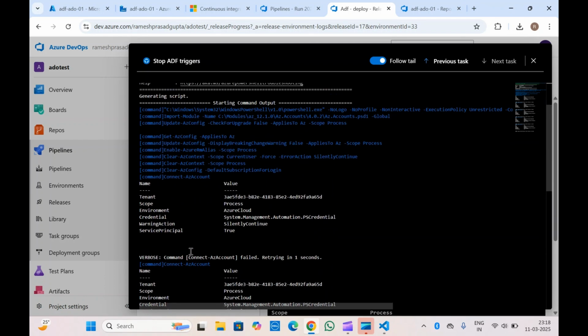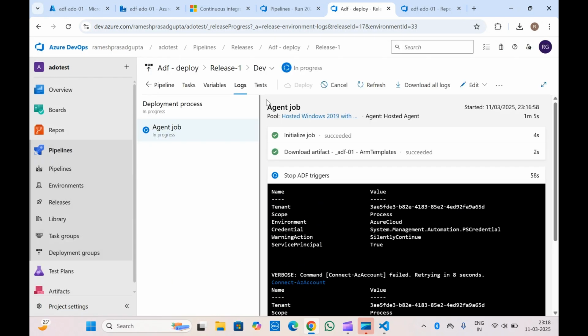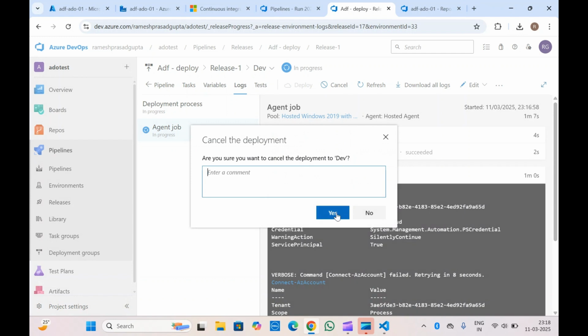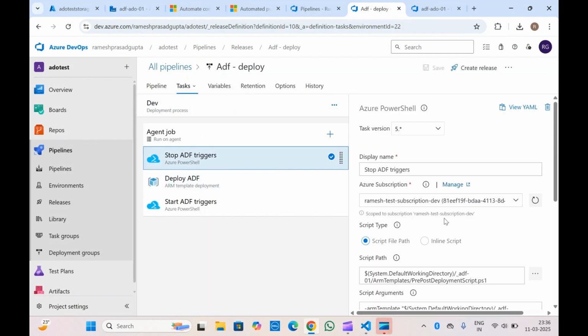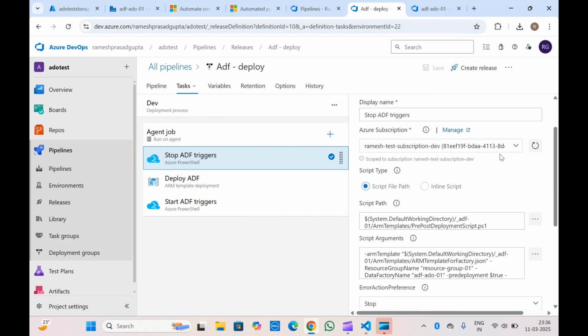Somehow this is failing to log in. I think I have selected the wrong service connection here. Let me go ahead and correct it. Then we'll re-trigger this pipeline again. I have changed my service connection to the correct one